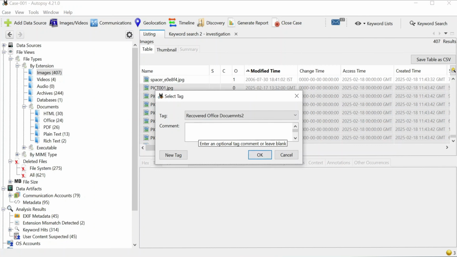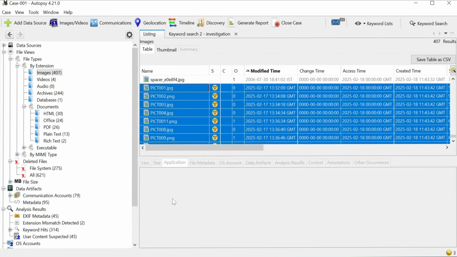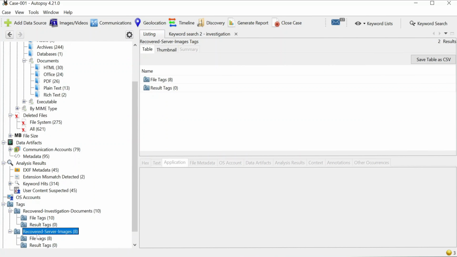If you want to add to the same folder which you created, or create a new tag folder, you can also do that. For example, you can write the new folder name, recovered server images, and press OK. And this separate folder which you created with this modified time and date,